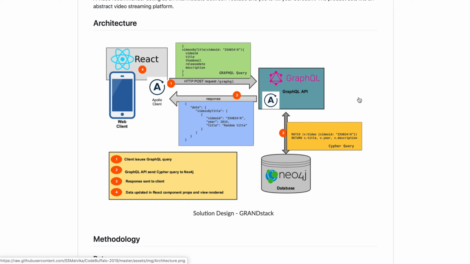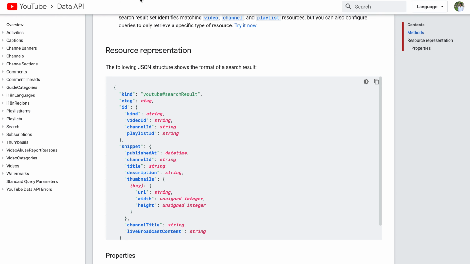This is the solution architecture which we are going to build. The application which we are going to make today is a video embedded system, almost like YouTube. We are just emulating YouTube using the GRANDstack. The Neo4j database contains YouTube video details and attributes like views, dislikes, and likes of a YouTube video, and that is being queried using GraphQL and visualized in the front end using React. We are extracting the data from YouTube leveraging their API,